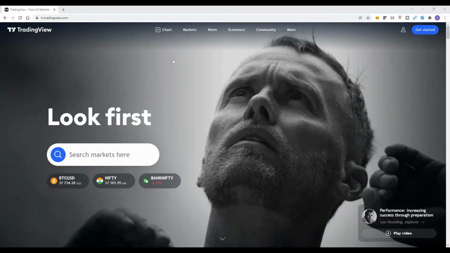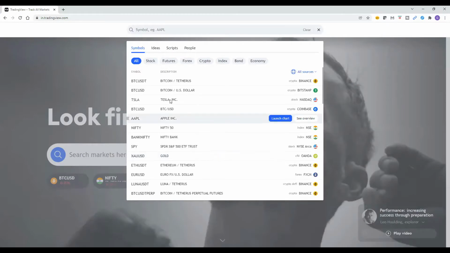So as soon as we log in, this is the home page. Here is a search bar to search the market. Here we can learn many things. So let's say I search here. When I search, a window appears with symbols, ideas, scripts, and people.